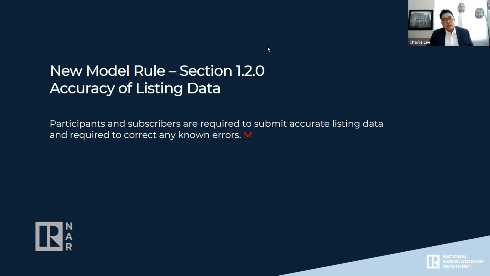Yeah, thanks, Renee. I think, in trying to judge what is accurate, here we're going to look to the professional judgment of the broker as to ensure that the information and the representation that's being made is not misleading or is not false. It kind of goes to Article 12, where you want to paint and represent a true and accurate picture of the property, representations of the property.